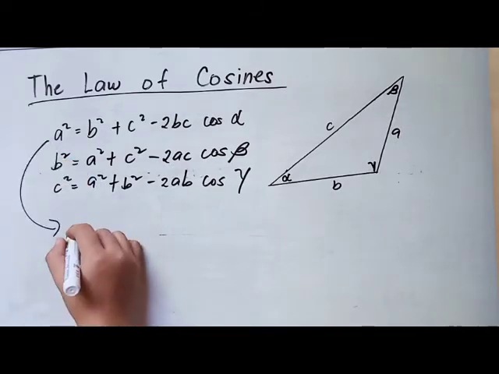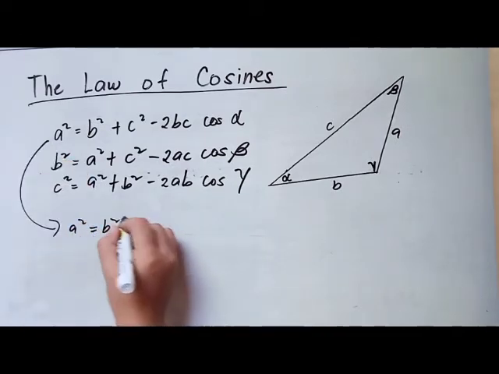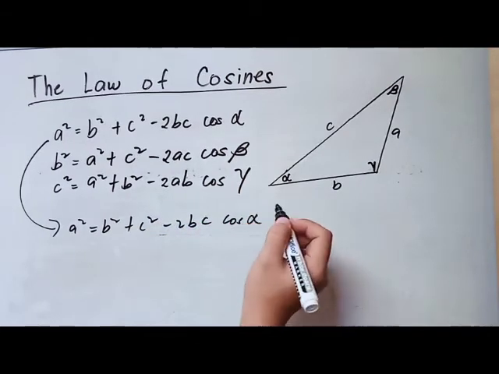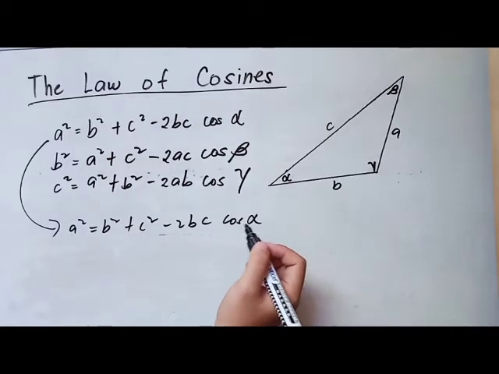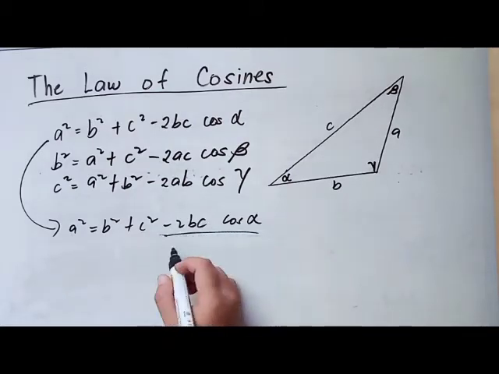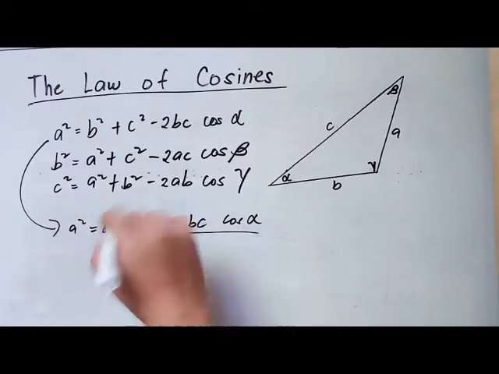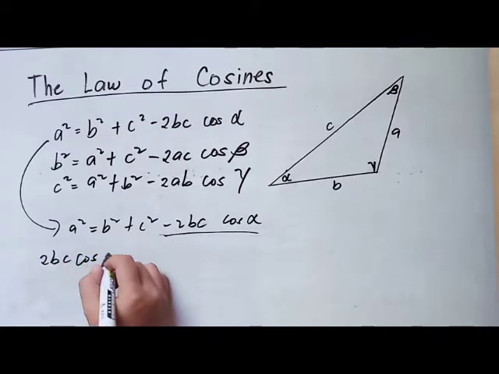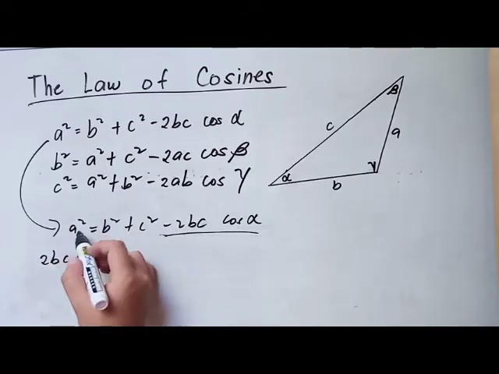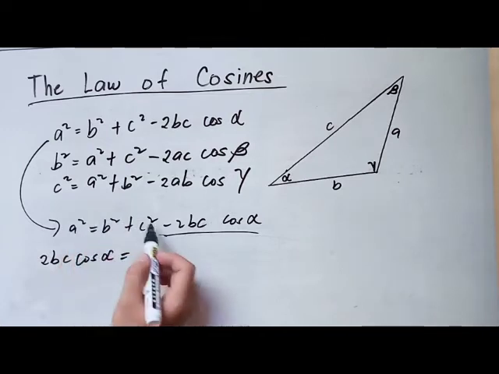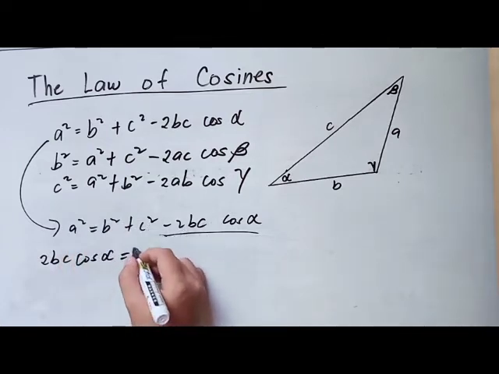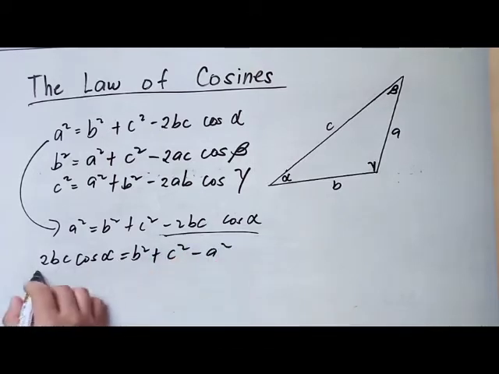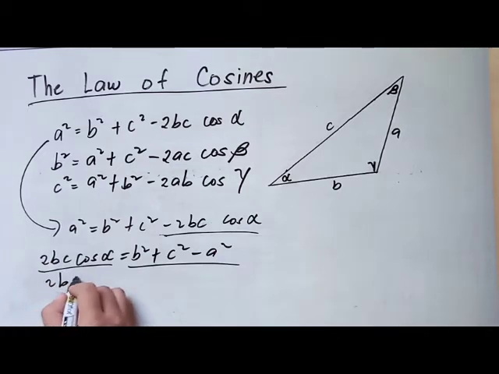b squared equals a squared plus c squared minus 2bc cosine alpha, let us transpose negative 2bc cosine alpha to the left side of the equality, that is 2bc cosine alpha is equal to, then let us transpose a squared to the right side of our equality symbol. So b squared plus c squared minus a squared. So dividing both sides by 2bc